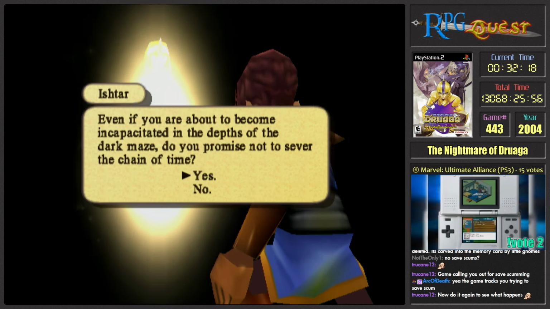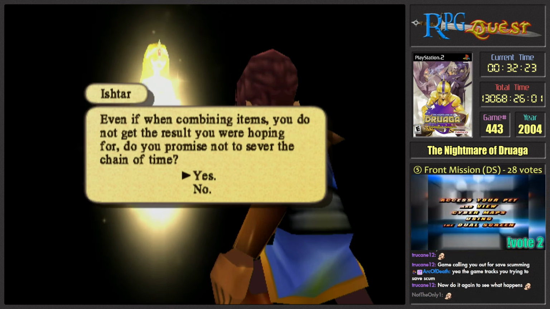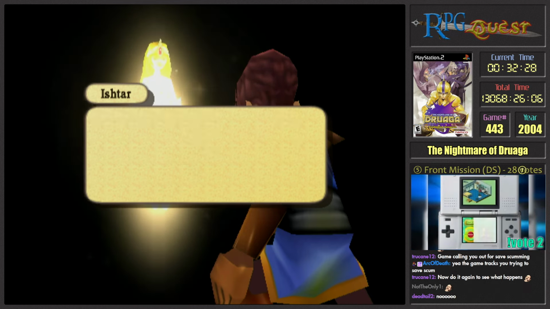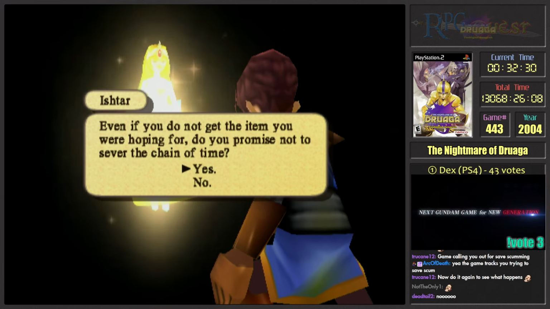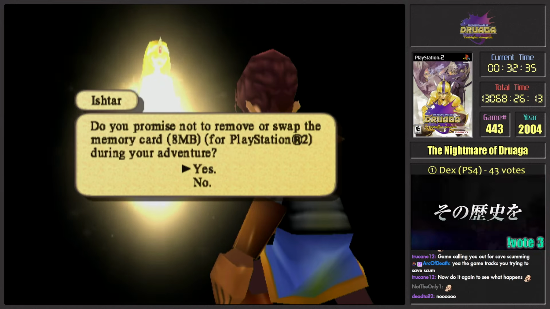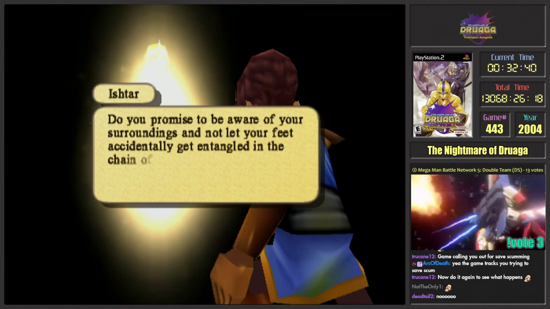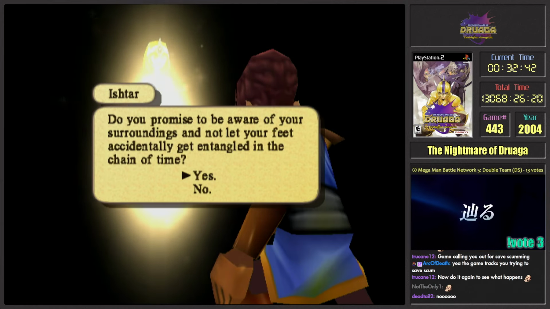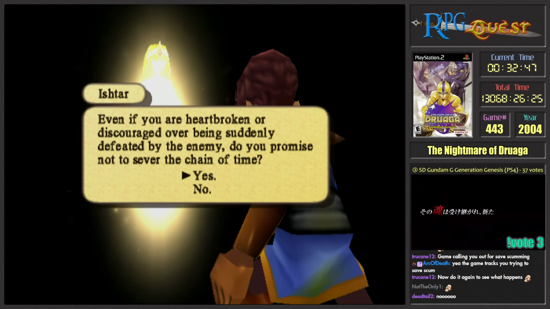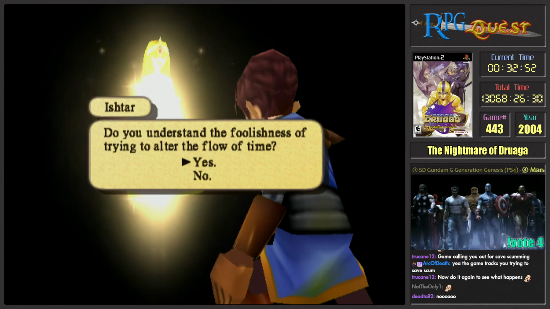Fine. Yeah, you definitely have to do it again. Even when combining items, if you do not get the results you were hoping for, do you promise not to sever the chains of time? Sure. You promise not to remove or swap the memory card in PlayStation 2 during an adventure? No. You promise to be aware of your surroundings and not let your feet accidentally get entangled in the chains of time. If you're heartbroken or discouraged over being suddenly defeated by the enemy, you promise not to sever those chains of time. You understand the foolishness of trying to...